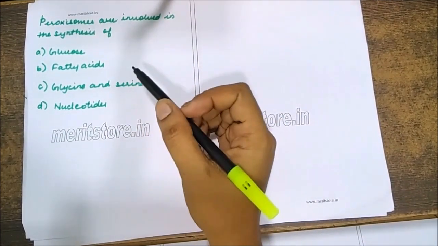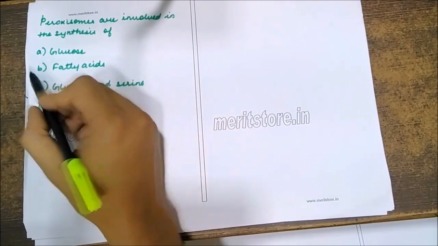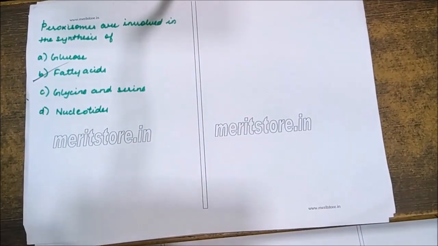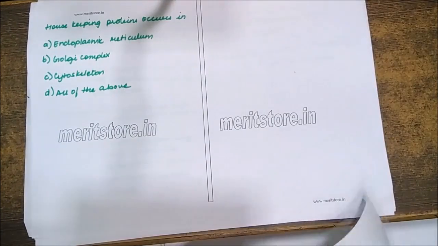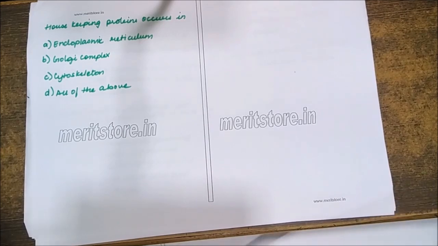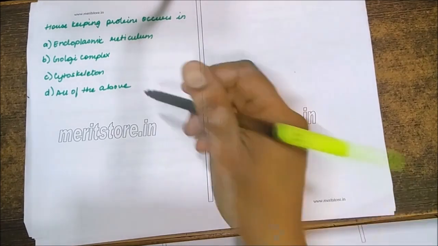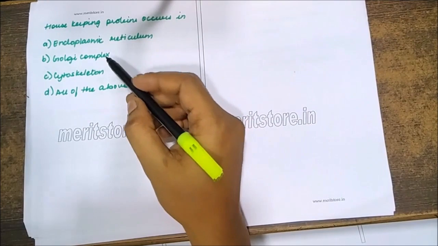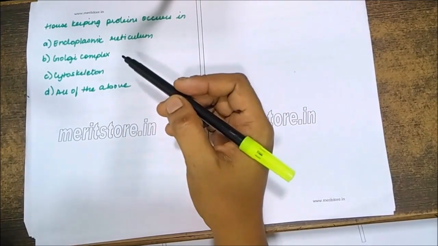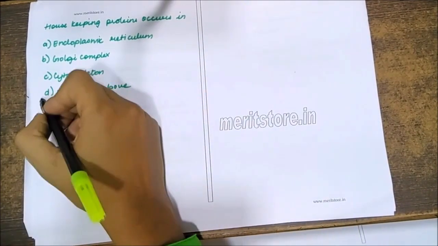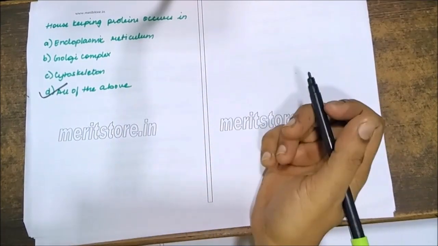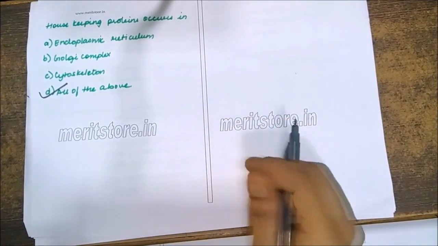Peroxisomes are involved in the synthesis of fatty acids. Next. Housekeeping proteins are endoplasmic reticulum, Golgi complex, or cytosol. All three are called housekeeping proteins. Okay. Next,